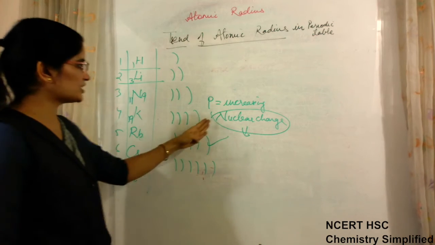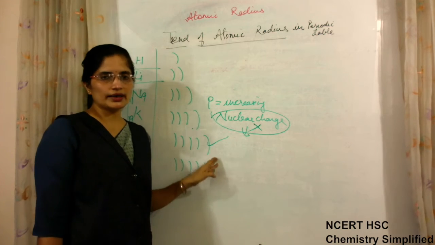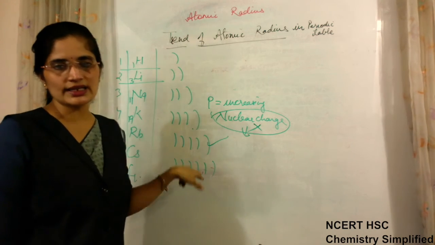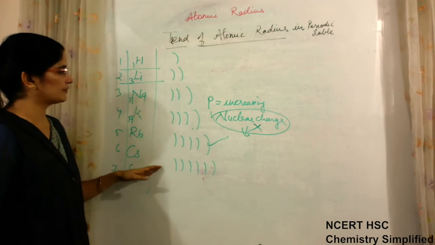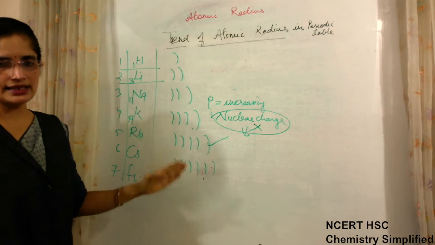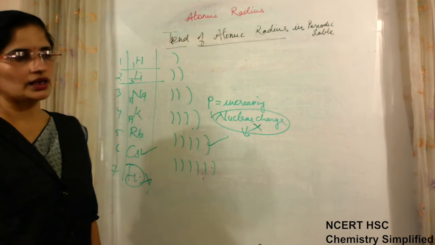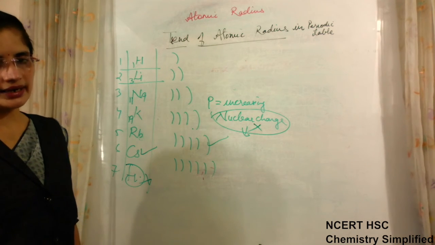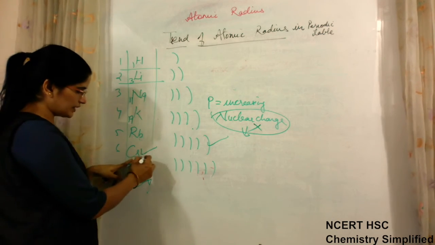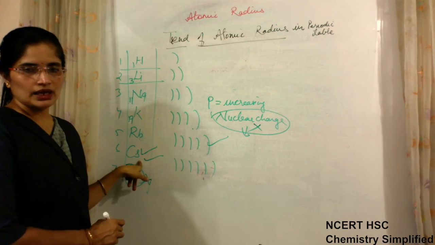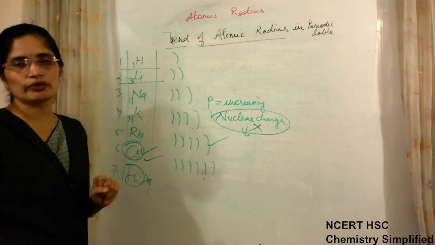Okay, this effect becomes non-prominent. Which effect becomes prominent? The effect of the increase in the number of shells becomes the prominent effect. Clear? So because of this reason, from top to bottom atomic size increases. Francium is a radioactive element. Cesium will have the highest value for atomic radius. In this particular group also, from top to bottom, this will have the highest value for atomic radius. And also in the whole periodic table, if we see, cesium has the highest value for atomic radius.